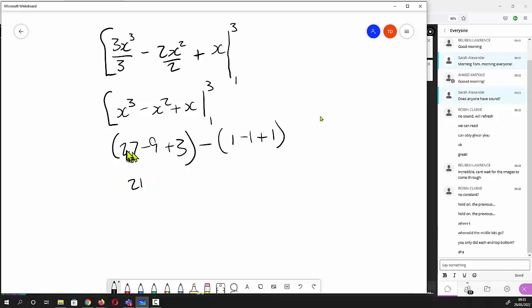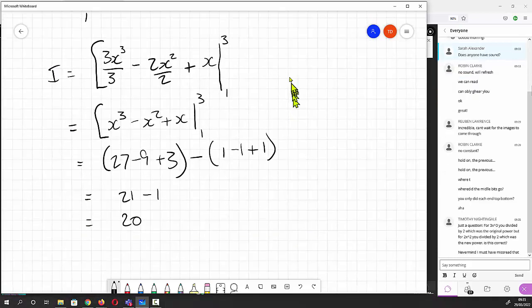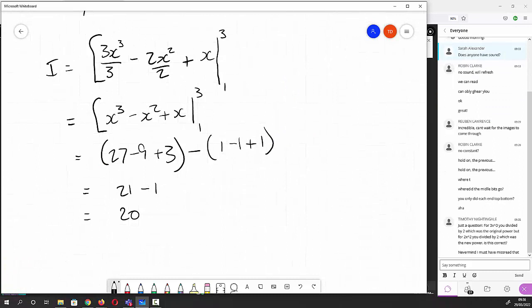Or to put it another way, minus 9 plus 3 is minus 6, 27 minus 6 is 21, and then we've got 1 minus 1, so they cancel, and we've got a 1 there and a minus 1 there, so that's going to equal 20. Okay, so I is equal to 20. Okay, and we don't need a constant. Okay, so that's definite integrals,